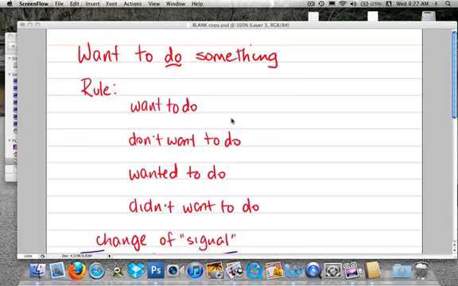Okay, a quick review on the idea of wanting to do something and wanting to have something. When we want to do something, we manipulate the verb at the end of the sentence. And it's a case of dropping and adding. So if we say,